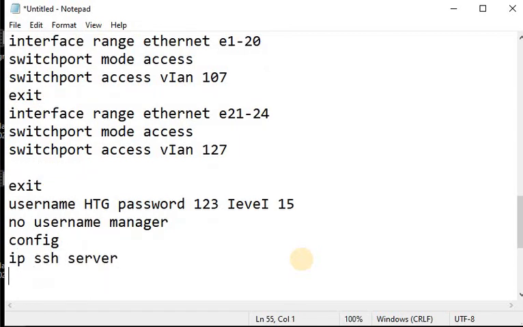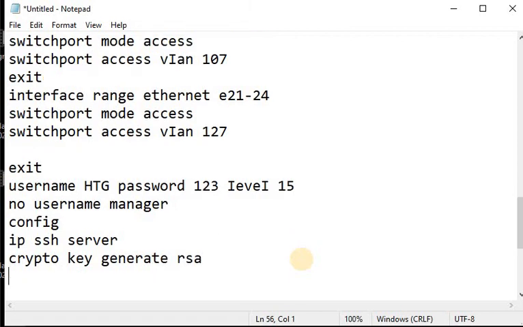When you type this, secure shell will be enabled. To ensure encryption, you will type crypto key generate RSA. Okay, secure shell has been enabled. If you connect to the switch over the network using secure shell, no hacker can sniff the traffic.